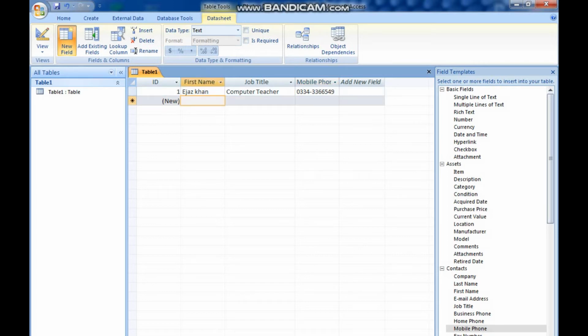select the second record, designation, phone number, we have 2 records in this database. The database name is Dhaka. In the database we have one table. We have 2 records in this database.